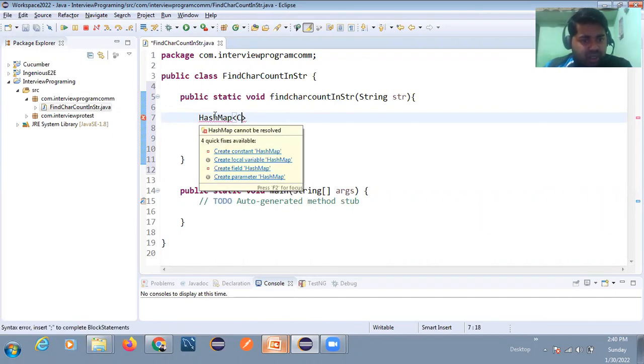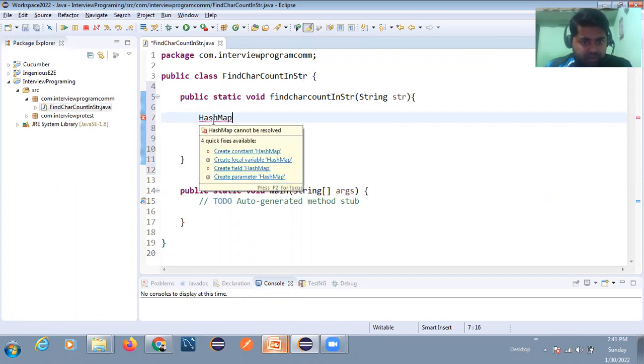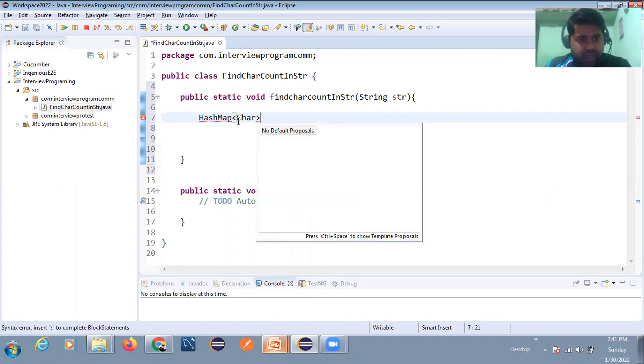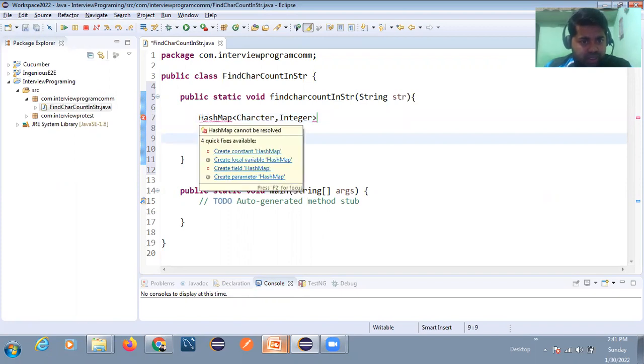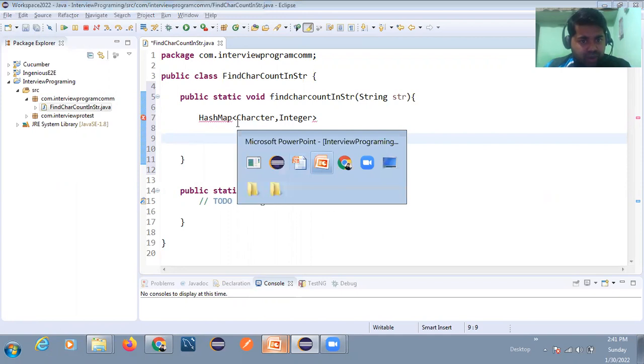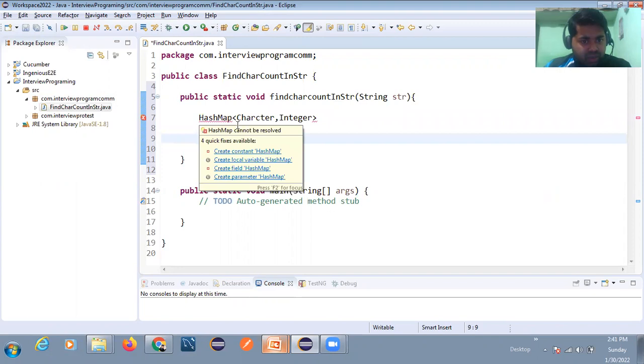First import this. Why is it not coming? HashMap, the suggestion is not coming for the import.